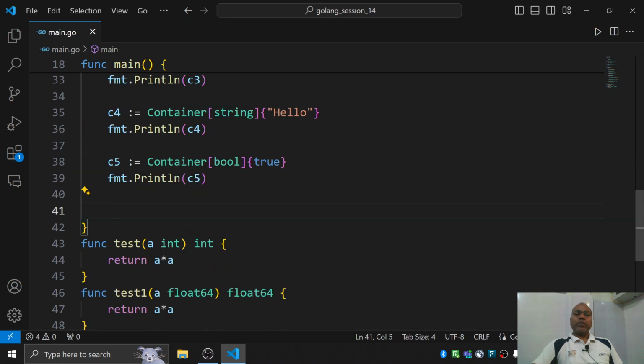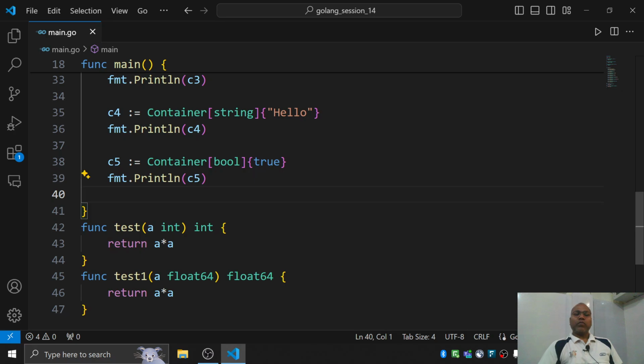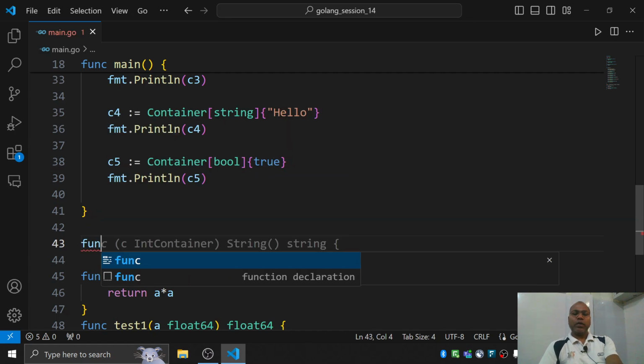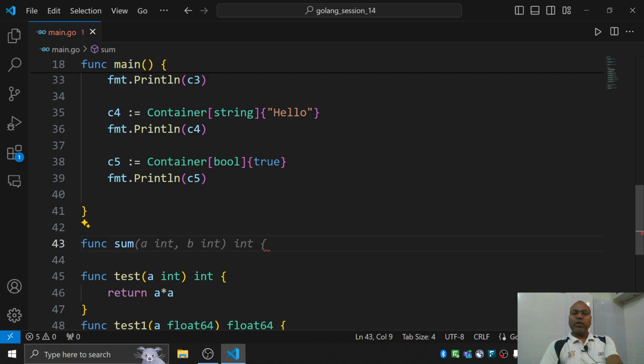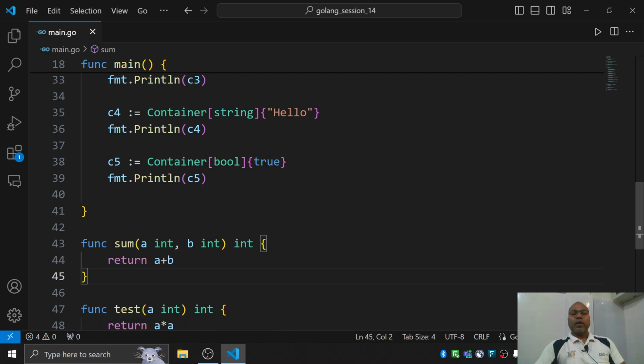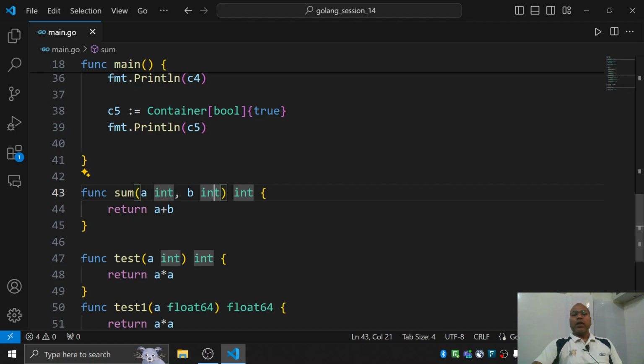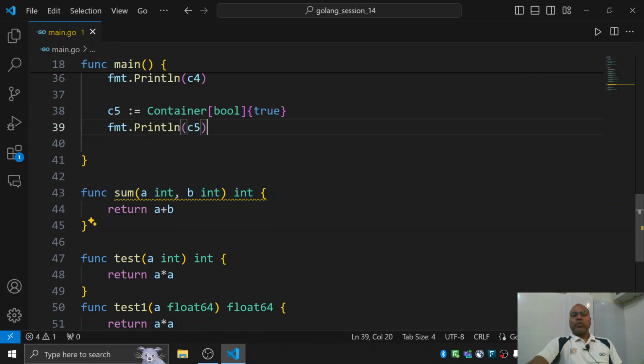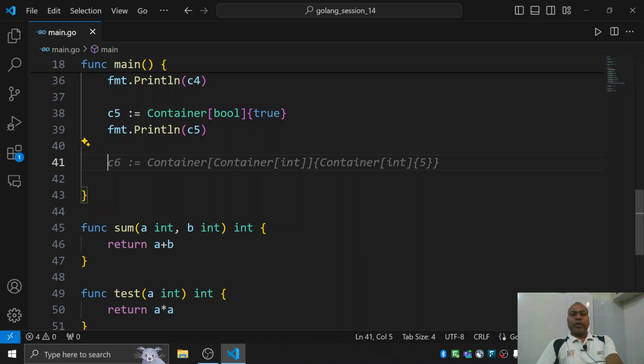Okay, so let's go to an example. Let's write one function. Some function that takes two integer variables and returns an integer. So this function works fine for integers, but it might not work for floats. So if you call here sum and write s equal to,